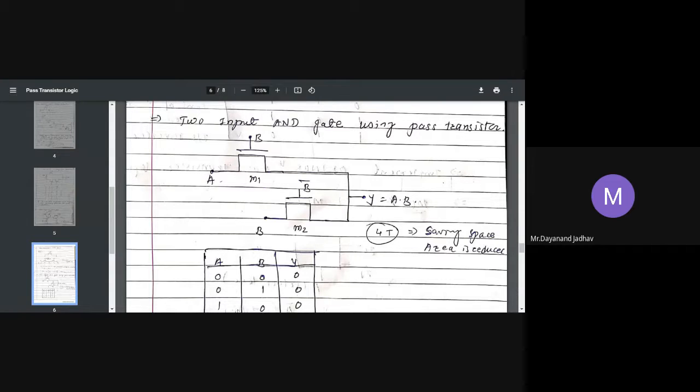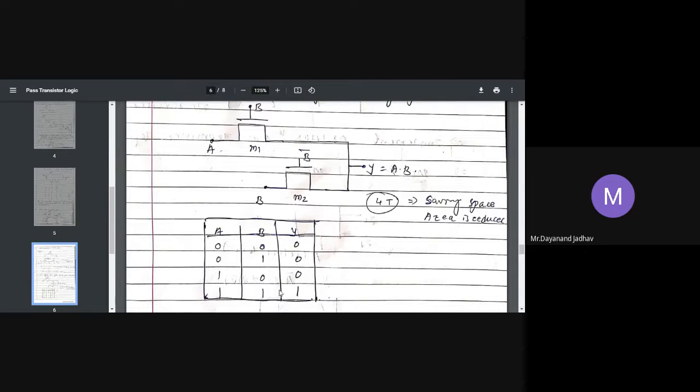When we consider the next state, A is equal to 1, B is equal to 0. Here 0 means it acts as an open switch, while the other acts as a closed switch. When 0 passes through it, in the output Y it creates a 0. Therefore, in the third case, when A is equal to 1, B is equal to 0, 0 is applied, here 1, the 0 passes here. This is the third case.